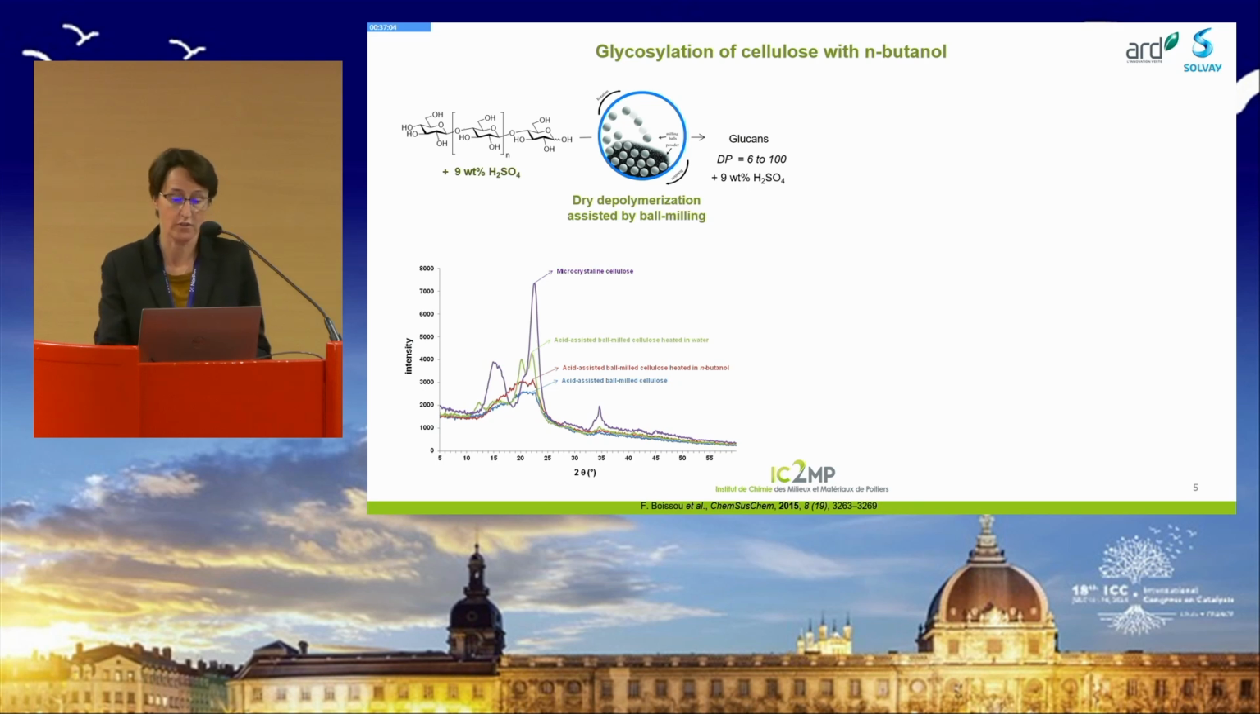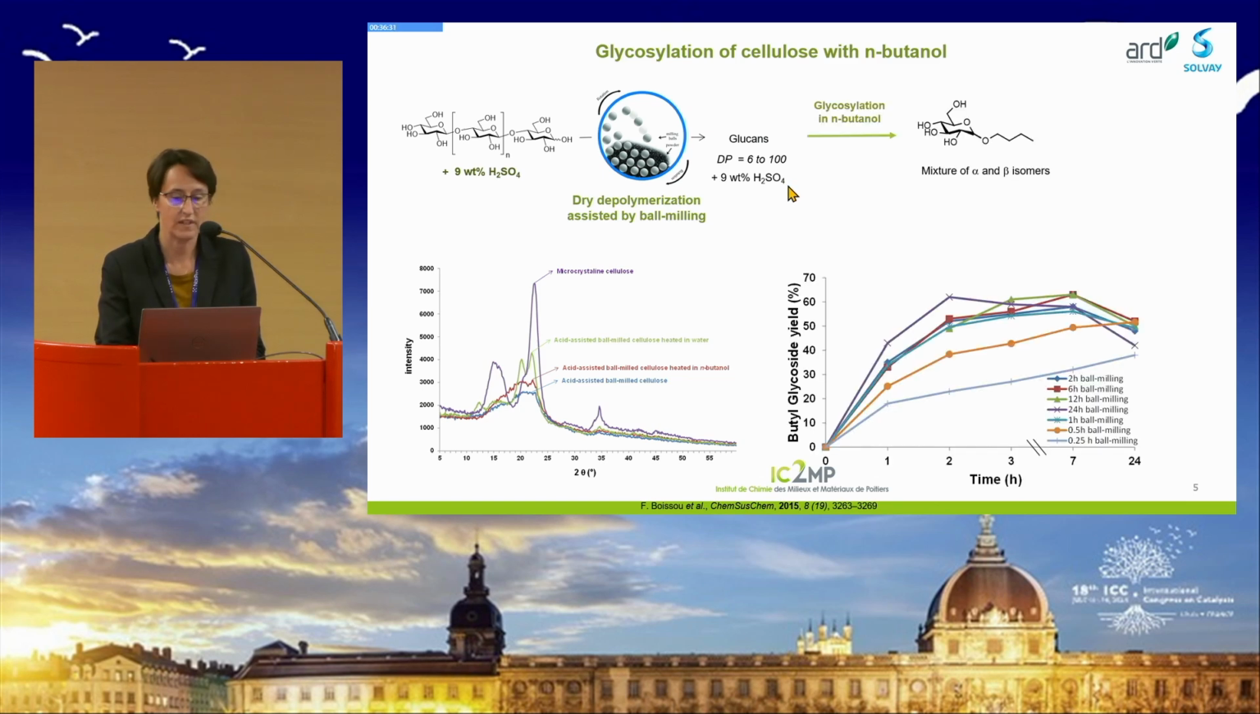So we performed that some years ago with 2 companies, Solvay and HRD company, and the first trial that we made was to perform an impregnation of cellulose with sulfuric acid, 9.8%. We do the dry depolymerization of this cellulose using ball milling. We can see here on the XRD that we have a decrease of the crystallinity index of cellulose, and we obtain some glucans with some degree of polymerization between 6 to 100, and the sulfuric acid was still inside these glucans. So after that, what we have done is the glycosylation using n-butanol in order to obtain this surfactant, alkyl